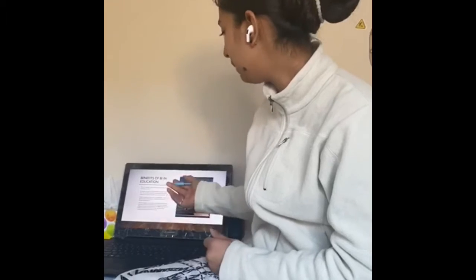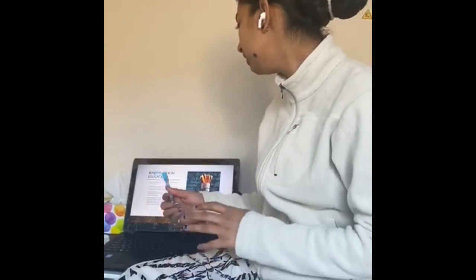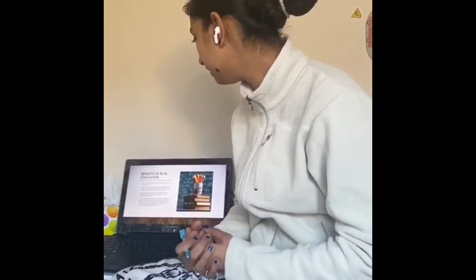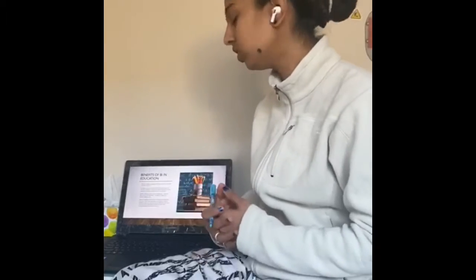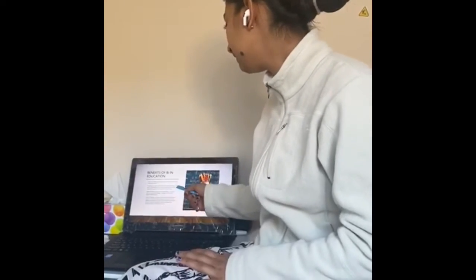The next topic is how BI can help in education. The benefits of BI in education. BI helps in education to get all the raw data, merge it, make sense of it and bring all the data into one sense. Another thing is BI software also analyzes your historical data.